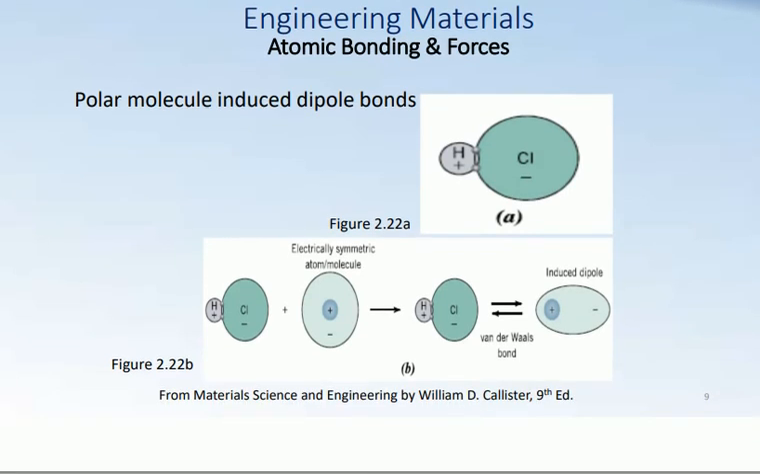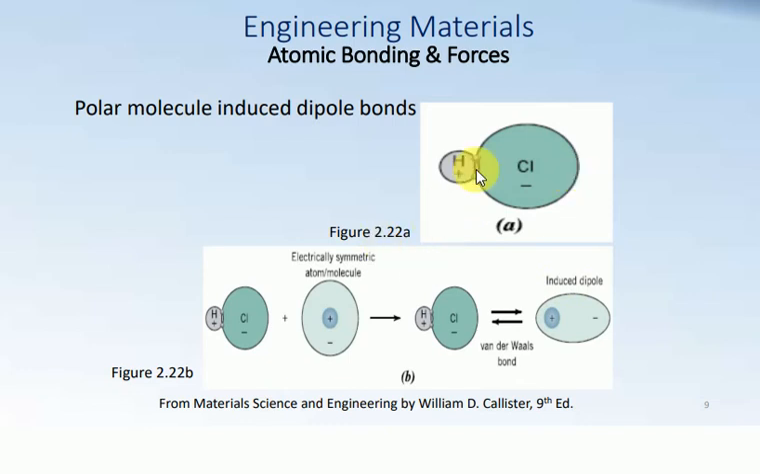Here you have a molecule that is polar. See, hydrogen and chloride, positive and negative. They are again positive and negative poles, and this is in figure A. Now you move on to figure 2.22b. On the left side is this dipole, the polar molecule with positive and negative charge alignment, and it gets into proximity of an electrically symmetric atom or molecule, just like in the earlier example. This chlorine is negative and it attracts the positive charge in the other electrically symmetric atom or molecule towards itself